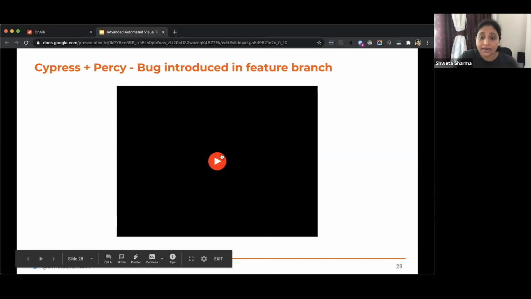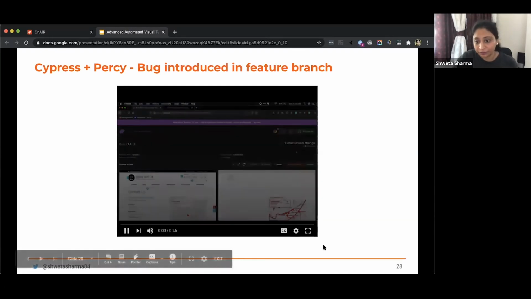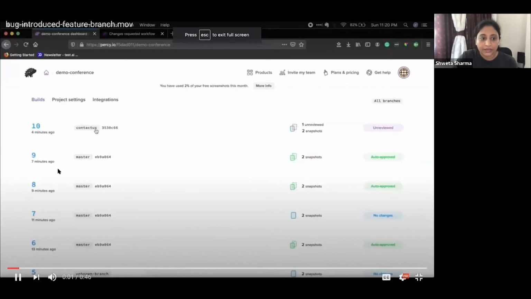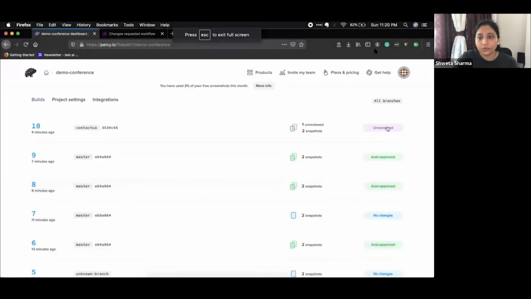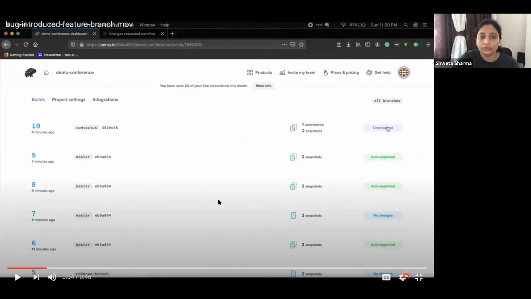Yeah, so let's understand how this works in the CI really now, right? Because CI things are going to be different. With CI, the challenge you're going to face is how do you understand which branch should be considered for the baseline image, right? And what happens if a bug is introduced in the feature branch, and we do not want this bug to slip into your master, right? So we would definitely want this to be avoided in the feature branch itself.